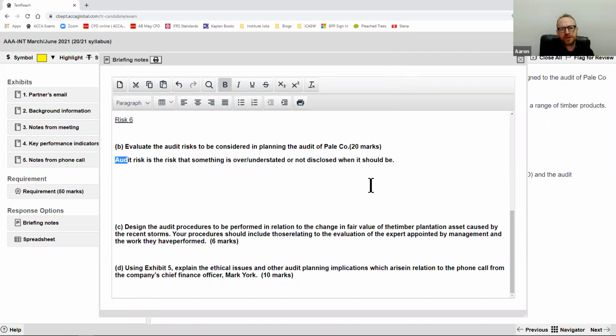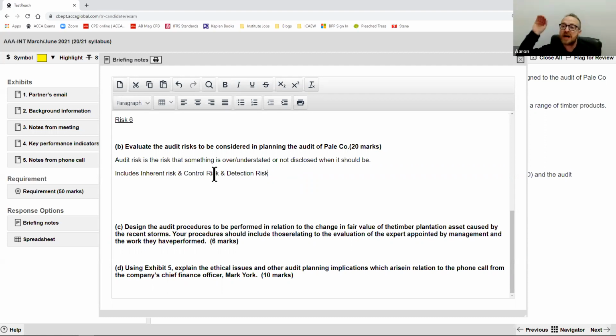Okay, now you'll see that sometimes they ask for the risk of material misstatement. I'm hoping that you picked up from the session that this audit risk includes inherent risk and control risk and detection risk. Now, the reason I'm mentioning that is that the fact that detection risk is included here makes a big difference, because inherent risk and control risk are the risk of material misstatement. They are essentially the risk that there is a misstatement in the financial statements. So it's come about by one of those business risks manifesting, or there's poor controls and there's been an error or a fraud, and that's resulted in a misstatement. The detection risk,